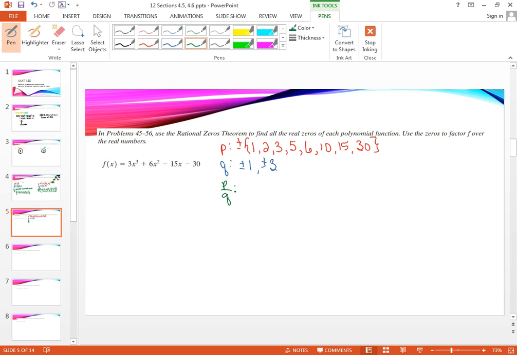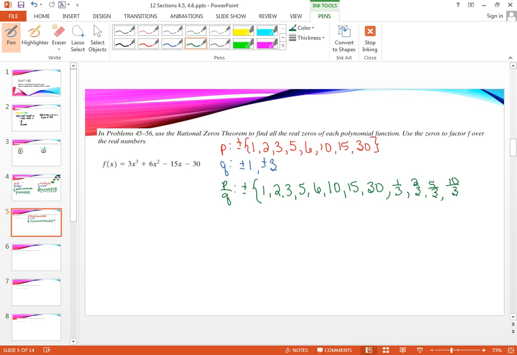Let's see. And again, I'm putting the plus or minus out front because I just don't want to write it every time. All right, so best way you can, make sure you pair up all these numbers. So first I'm going to take all the p's and put them over 1. So it'll give me 1, 2, 3, 5, 6, 10, 15, and 30. And then I need to take all those numbers and put them over 3. So 1 over 3, 2 over 3, 3 over 3 is 1, 5 over 3, 6 over 3 is 2,